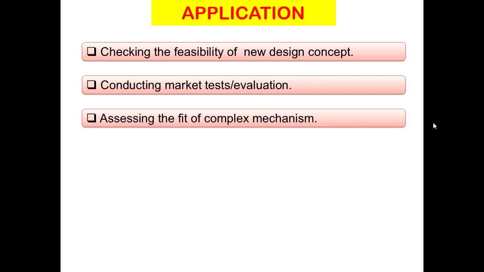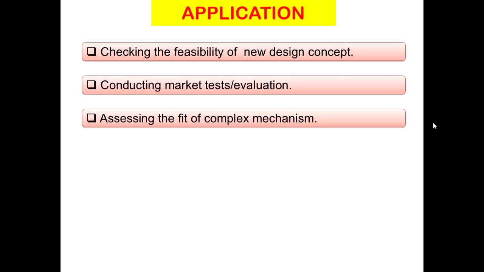Now in the component, a lot of parts are assembled. So this assembly of the parts can be easily checked with the help of these rapid prototyping parts, whether you are getting the proper fit or not in case of the complex assembly. So a lot of components or parts will get assembled in your final product. So these components will have the